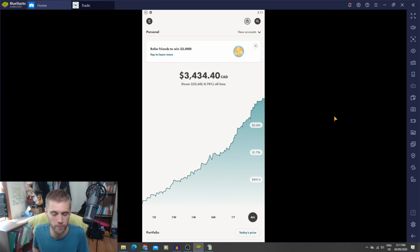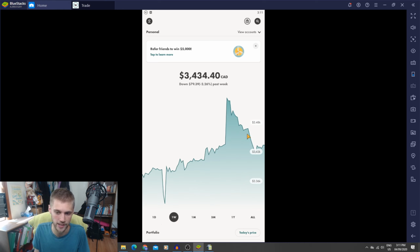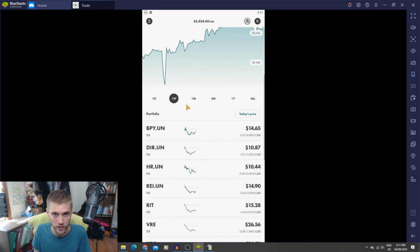But here's my REIT-based portfolio. I'm seeing about $3,434, and we are down about 0.74%. So this portfolio went down quite a bit too over the past couple days. If we go the past couple weeks, we can see a nice big dive here, just like with our dividend stocks. So the stock market as a whole is kind of going down here,